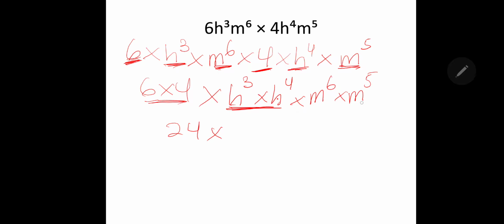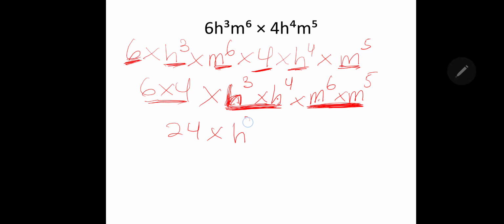You see h and h, you can't do h and m because they are not the same. You can do h and h, you can do m and m, but you can't do h and m. You see, I've been saying the law: when two same bases are multiplied,